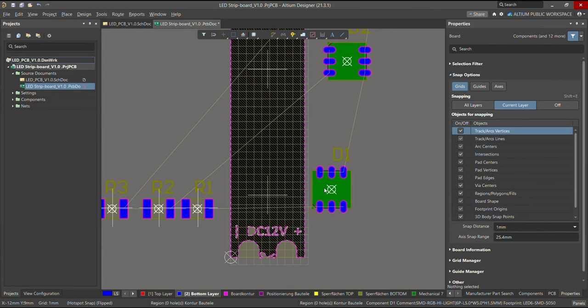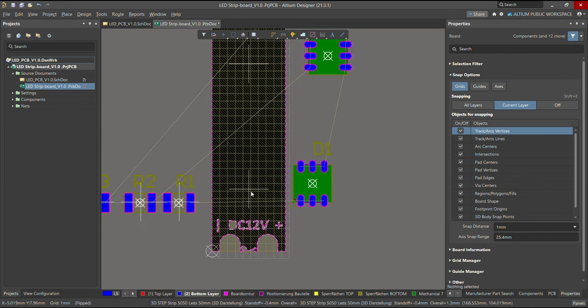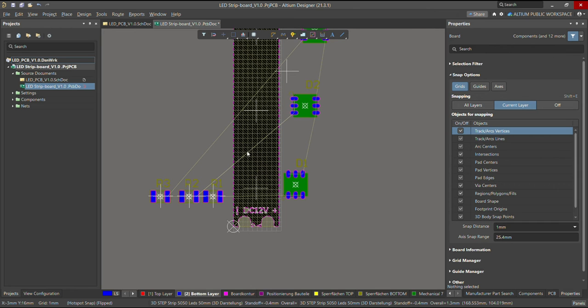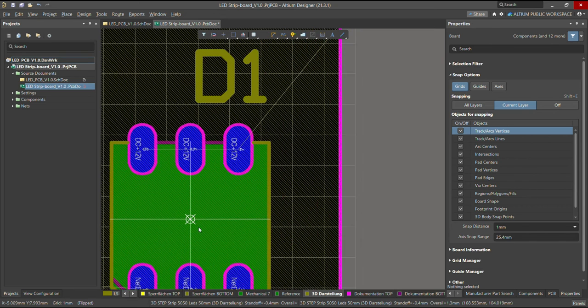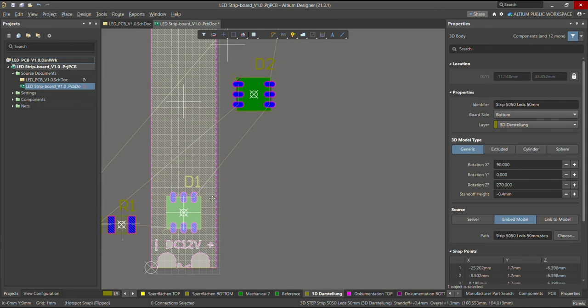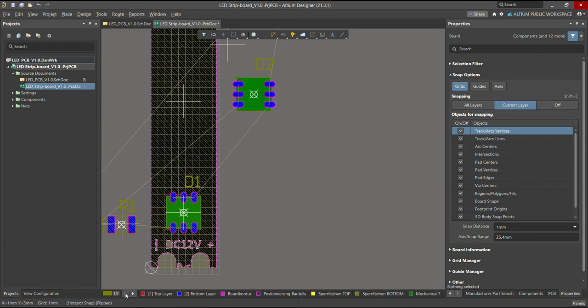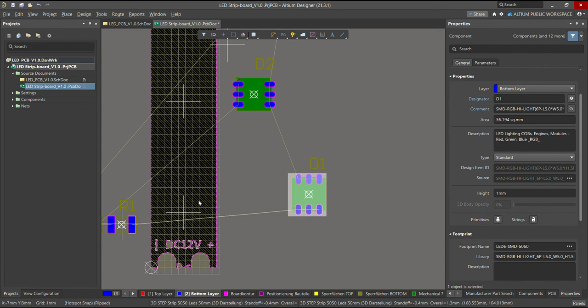No, still it's not snapping, because I think the reason is that the snap points which are available here are on the 3D body. 3D, yeah. So now you can see that. Okay, so you don't have to go to the... oops, we have to go here, and then yeah. So this snap point is in the 3D body, so that's why you have to go to the 3D, and